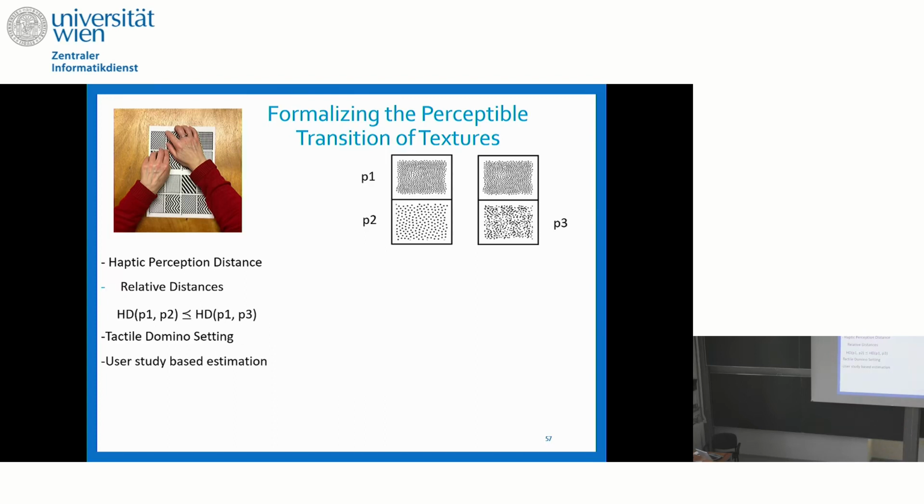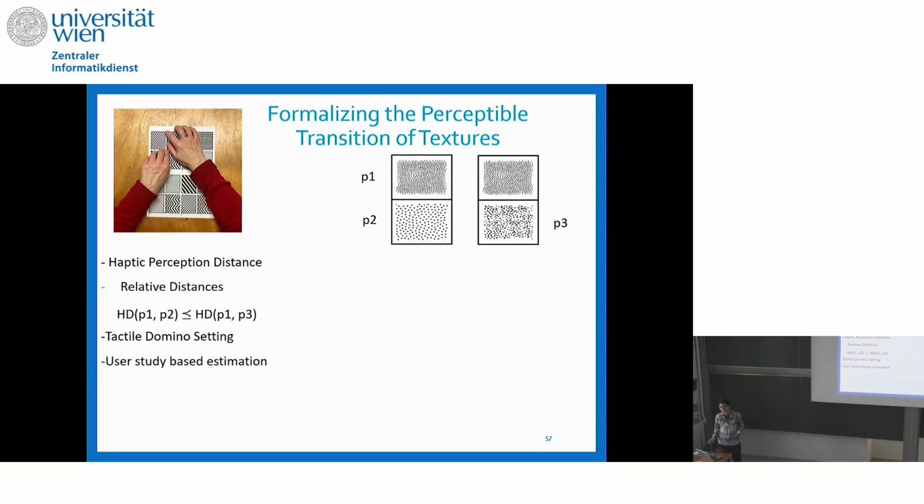We realized that our visual perception is very different from haptic perception. Some patterns that seem very, very different to us visually are not even distinguishable by haptic perception. So we had to develop a kind of prototype to measure the relative haptic distance